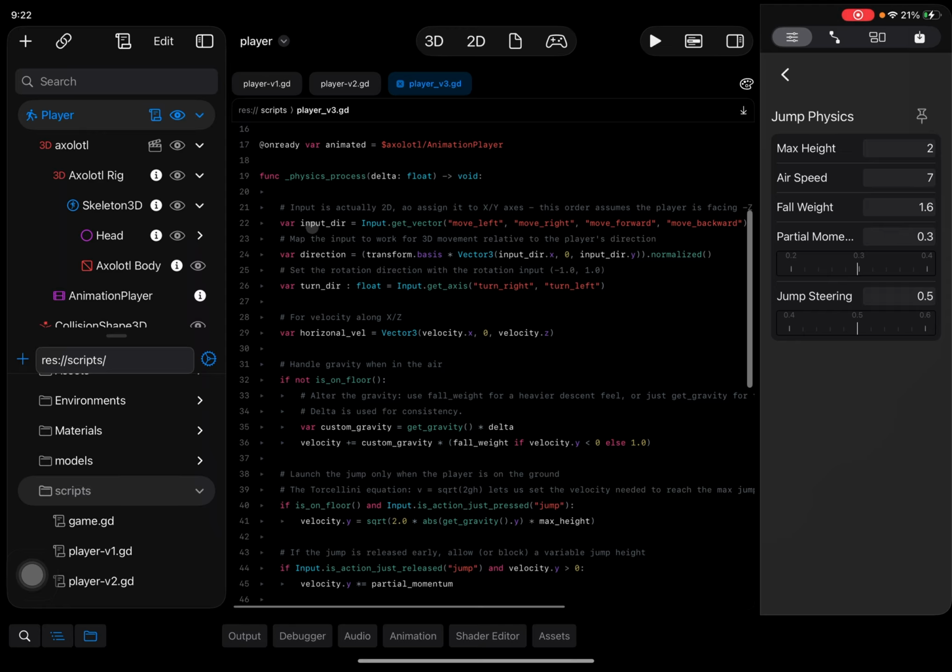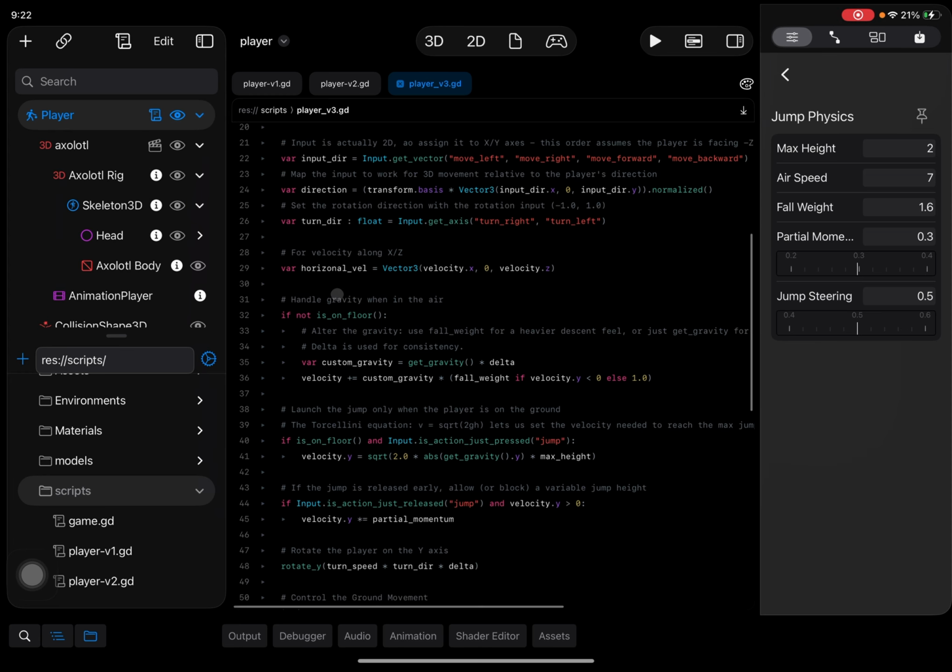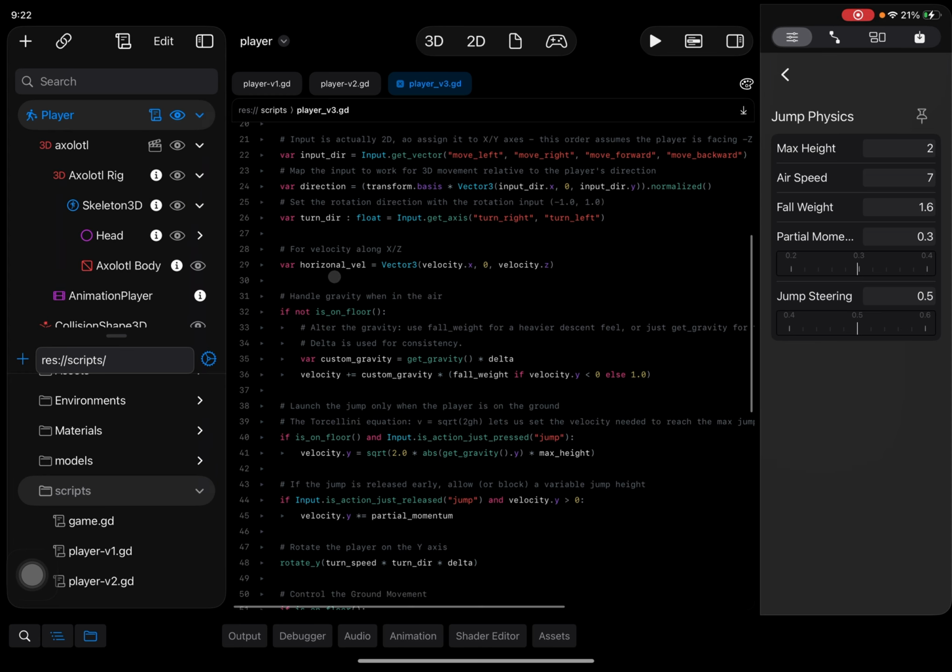So that's the variable for the input direction, setting the actions for the various movement directions, a variable for the direction itself, and this is mapping the 3D movement to the player's actual direction. And then I have the turn direction. There is a new variable for horizontal velocity, so along the X and Z axes, and that's using vector 3